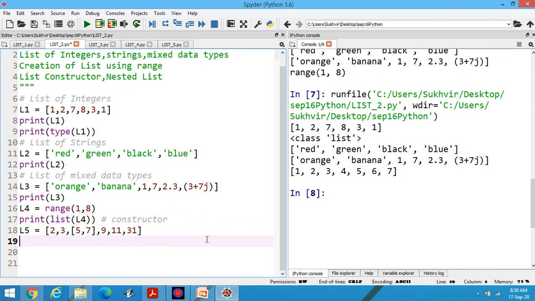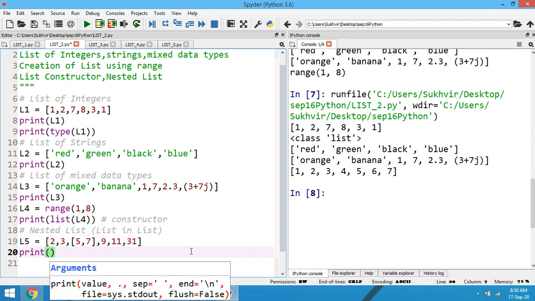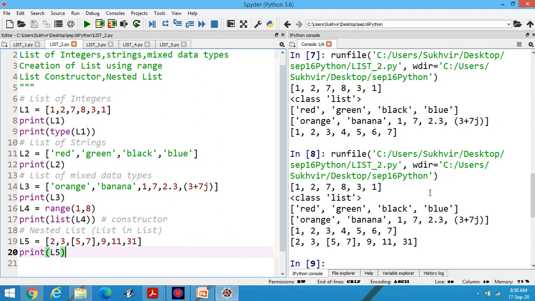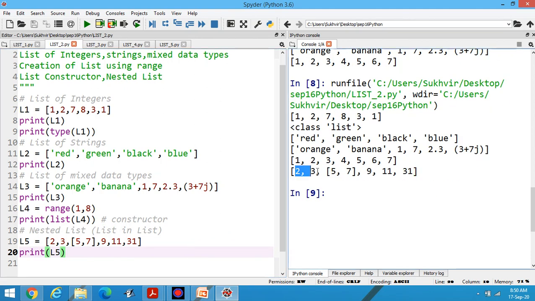It means a list inside the list. You can write here nested list or list in list. Now display these contents: print L5. You can display the elements like this also. It's a list inside the list.